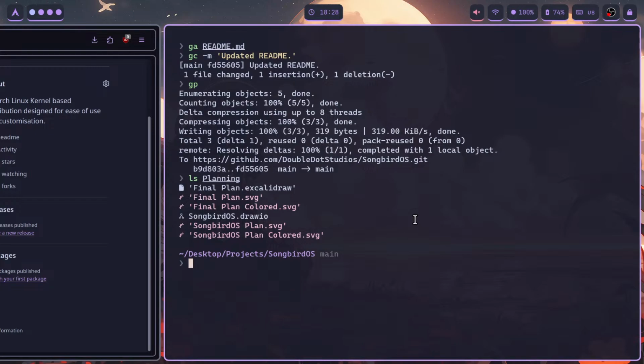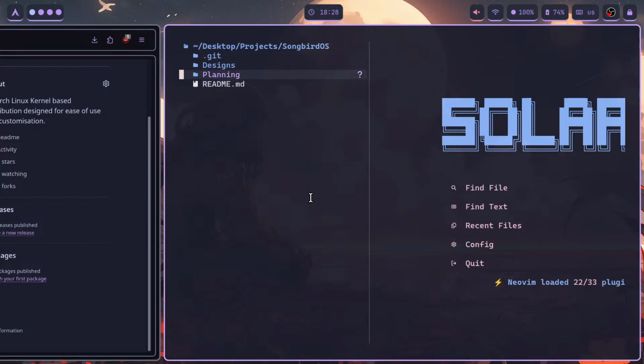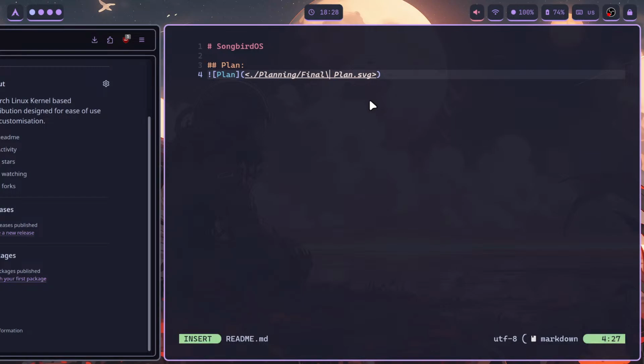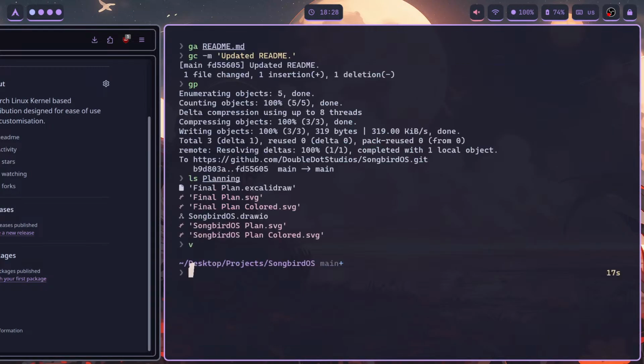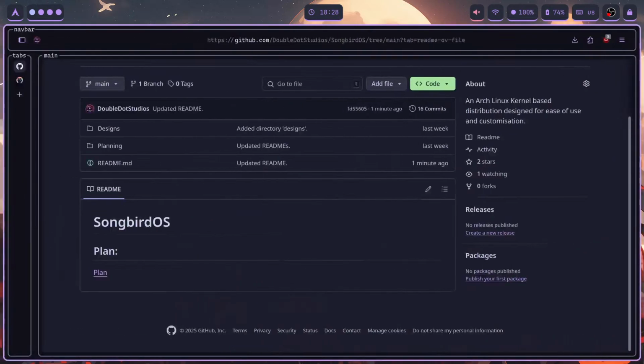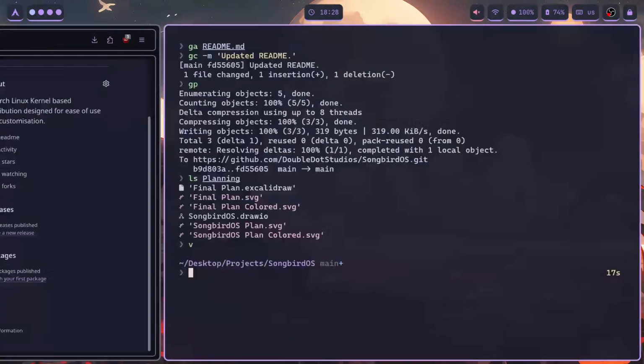Final plan.svg. I swear this worked before, though. This was fine. Planning / final plan.svg. It should be fine. I don't know why it's not working. And I don't know why,